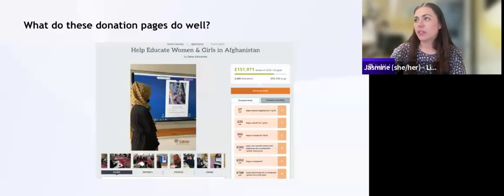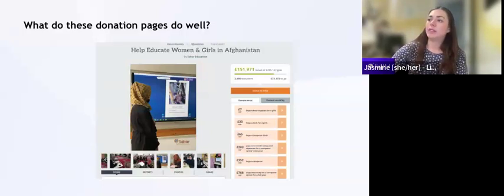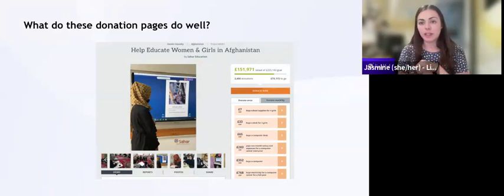One of the things that's really nice when you set up your Global Giving page is you can add lots of your own photos, and I think that often really sets apart some of the pages in terms of whether they've added really great media that can just give people a great insight as to what your organisation does.